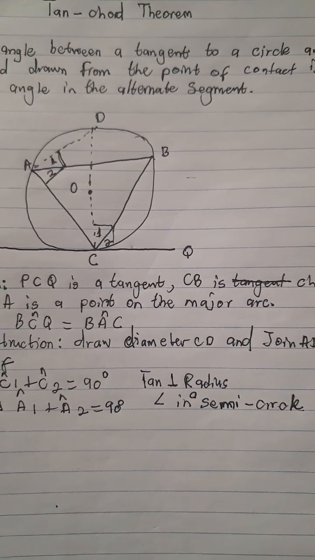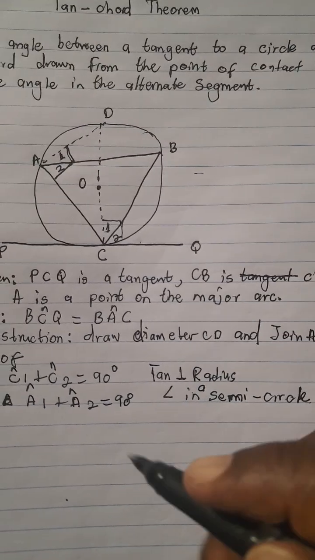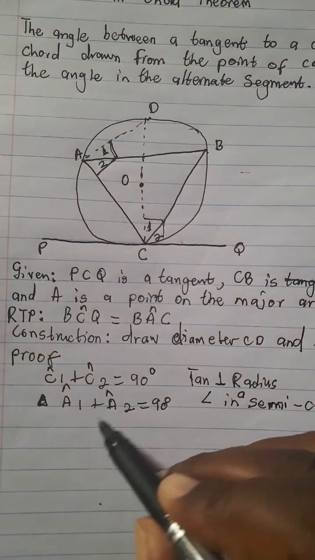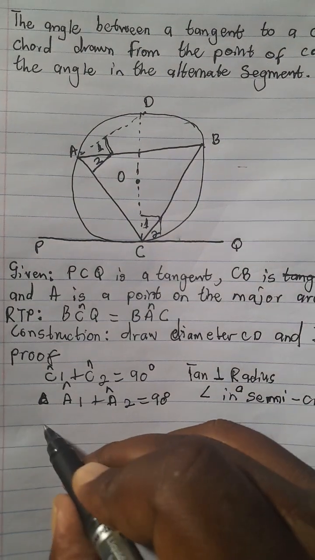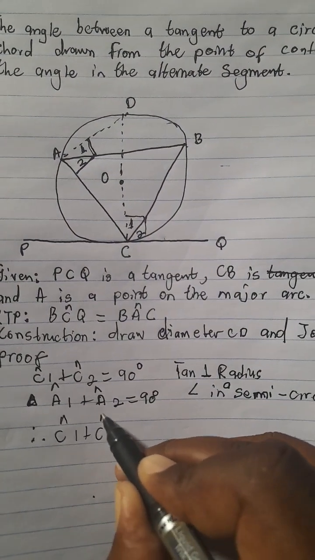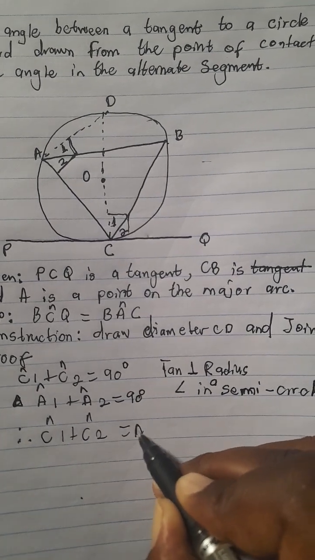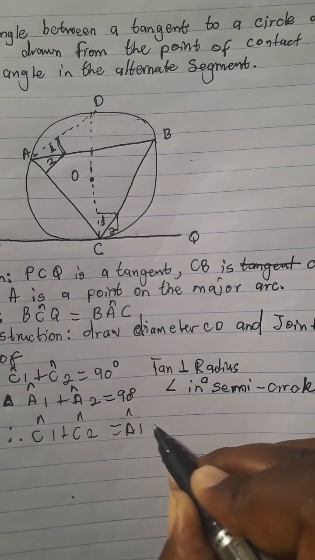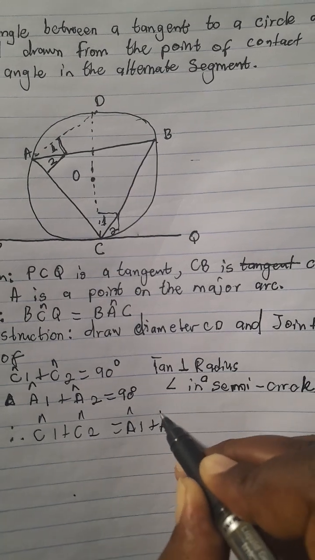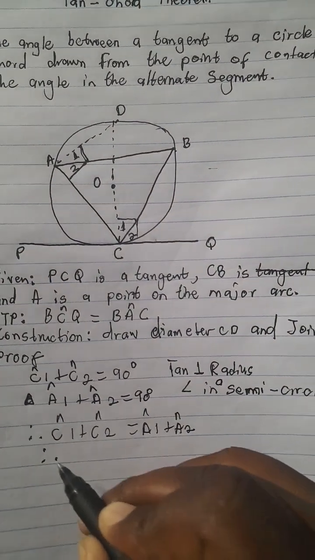Remember, your statement must be accompanied by your reason, right? So we are not done. Now we can note that both of these, angle C1 plus angle C2, is equal to angle A1 plus angle A2, right? Therefore,